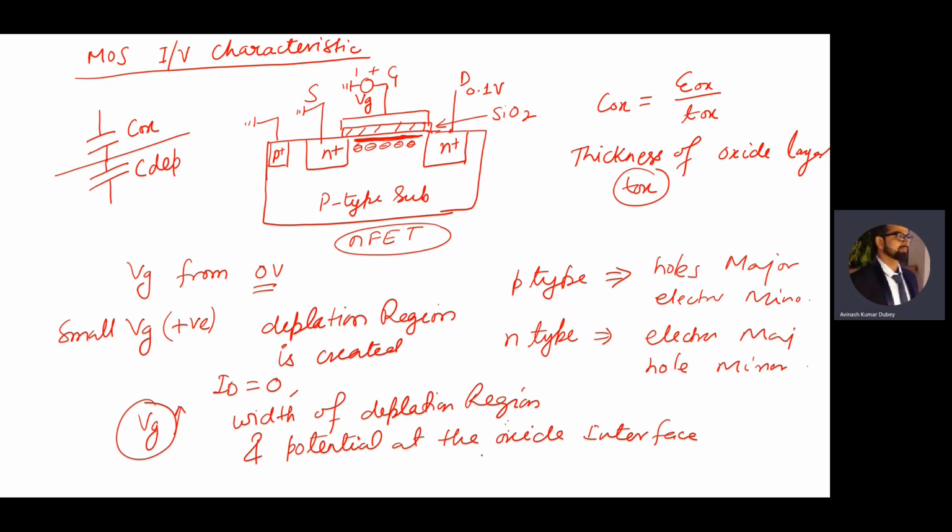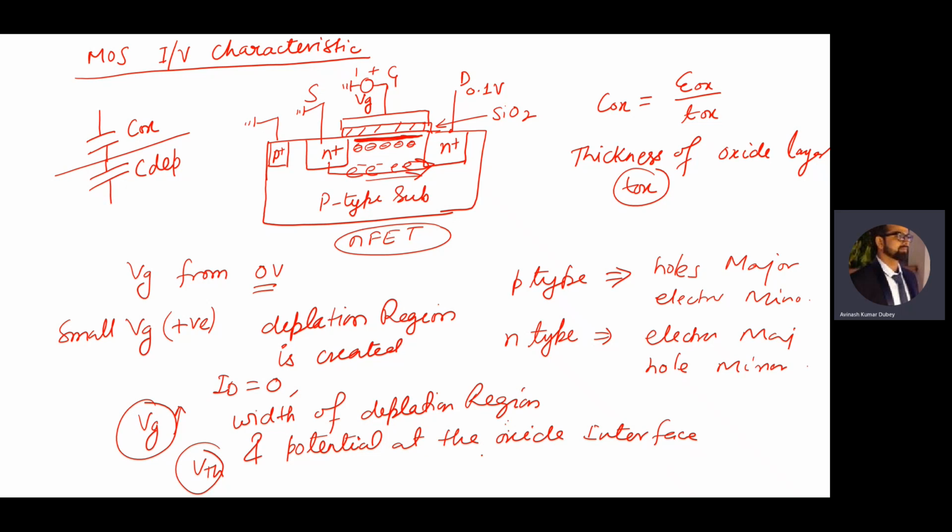When we increase the Vg, there is some cutoff voltage. Generally, we can say this is the threshold voltage of the device, VTH. When Vg reaches near the VTH, the electron flow from the source to the interface and eventually to the drain will occur. So electron flow from the source towards the drain occurs. Electrons start flowing from there to there in this direction.